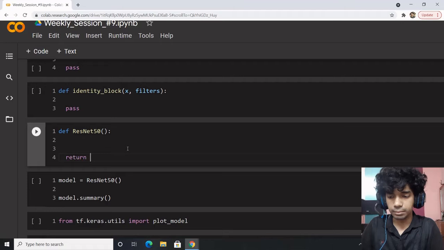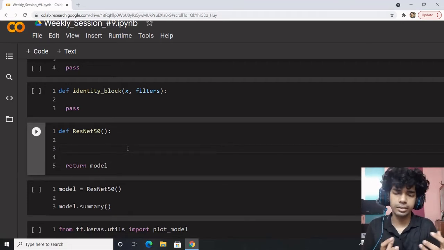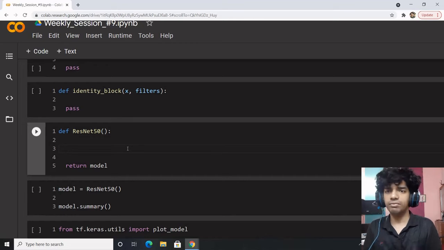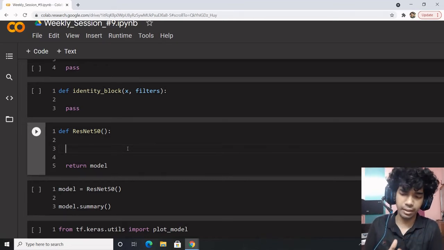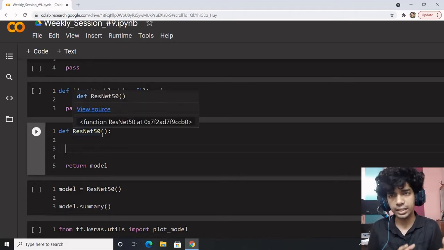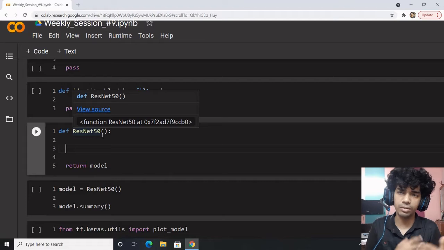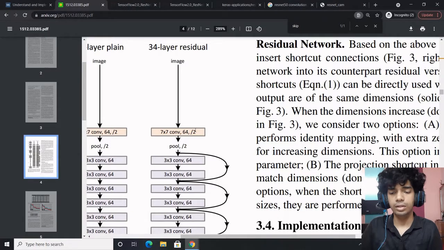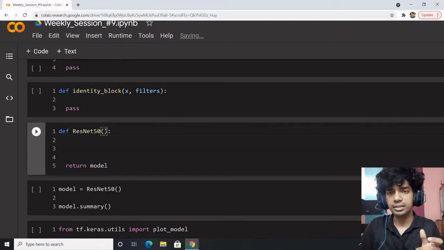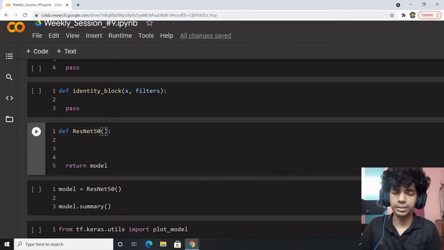We'll be returning the model, and this is how you would call a functional API model. A functional representation won't help much here, but if you have a generic ResNet where you can call ResNet 18, ResNet 50, ResNet 150 all in one, then it does definitely help. Or if you want to change some parameters, you can use generic parameters, and then a functional approach is better.